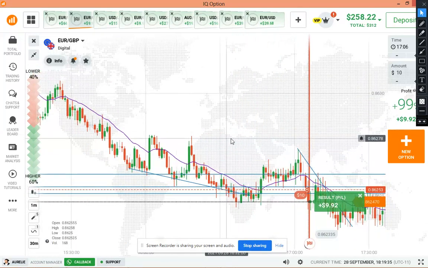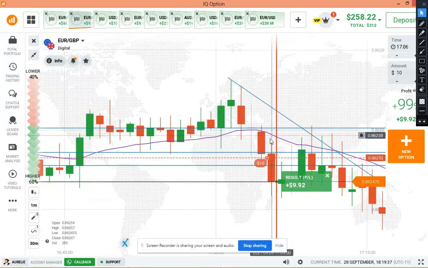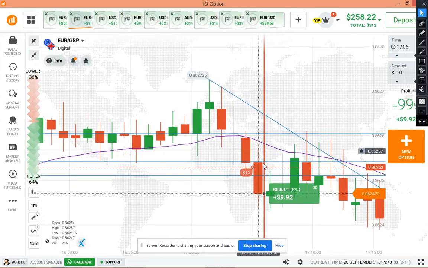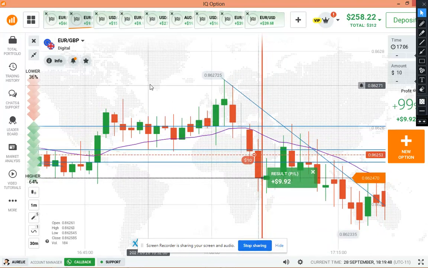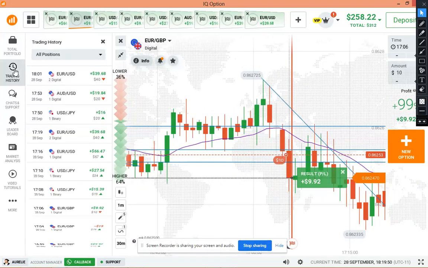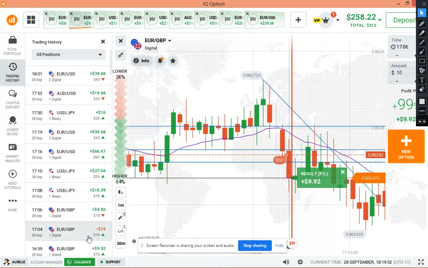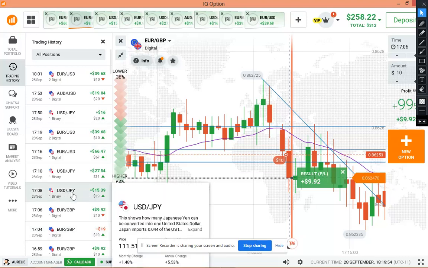See, the overall trend is down and the candle closed below the 20 moving average because there's no sign of buyers. Okay, which means sellers will go more down, that is sellers will enter on the next candle. So that is the first trade after I lost one trade. Now the second trade, which is